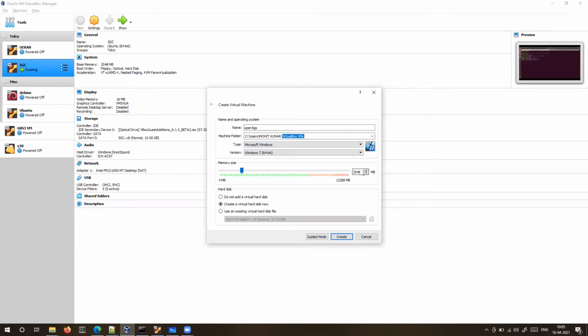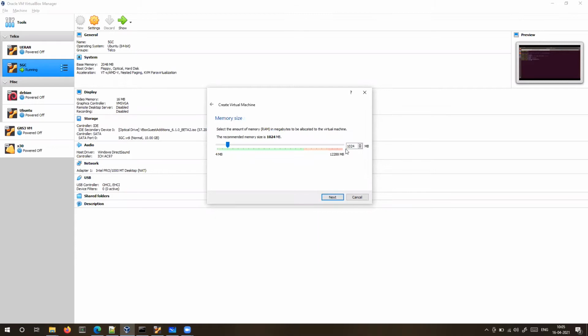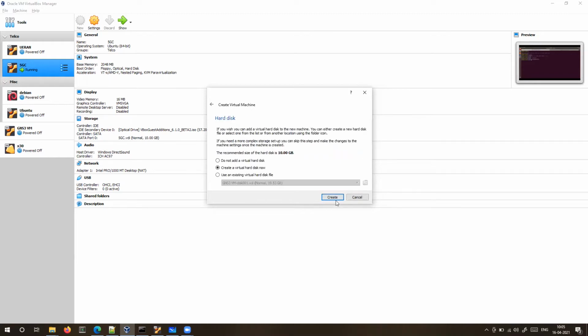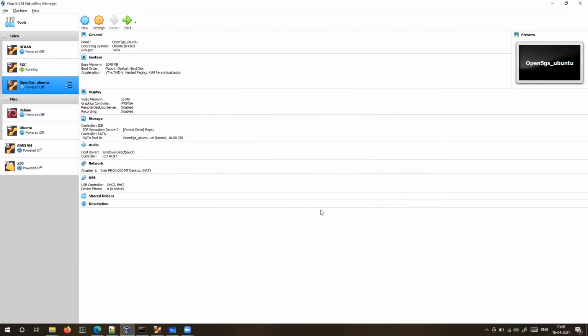Make sure you have at least 2 GB of memory available. Select Ubuntu in the type version, select at least 2 GB of memory, click next, and just create.